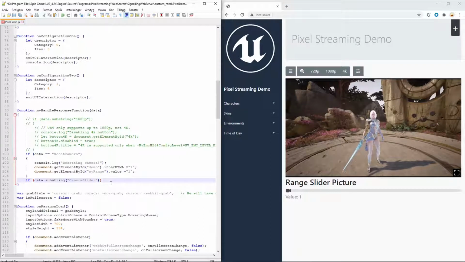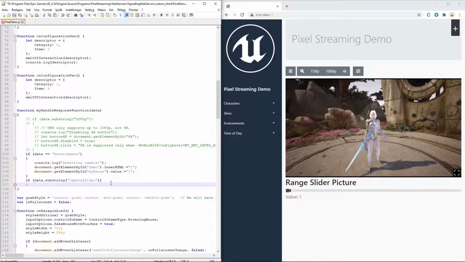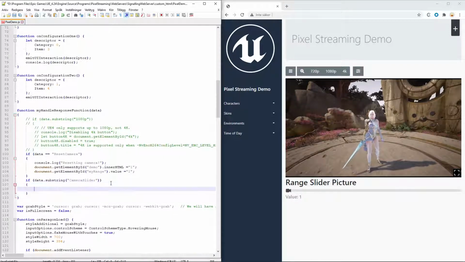So what this does is that it will look in the data value, and if that has a substring that has a value camera slider, then it will enter here. So to split the JSON script or the JSON coding that we sent before from Unreal, we need to use something called a JSON parse.